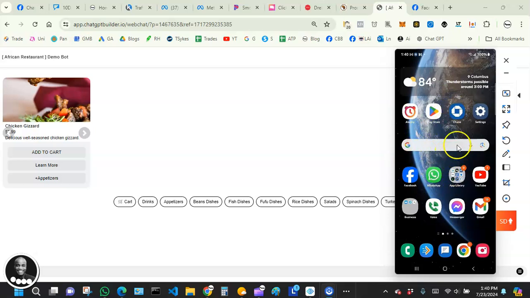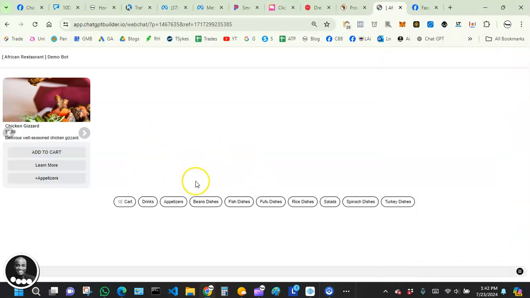So I have my mobile view screen over here. We want to have a feel that everything is working the way it's supposed to. So I think you get the whole setup, right? Okay. Just for demo purposes, we're going to use Facebook and also web. Okay. So I have my web over here. I've already engaged with the bot. I'm sure by now you guys know